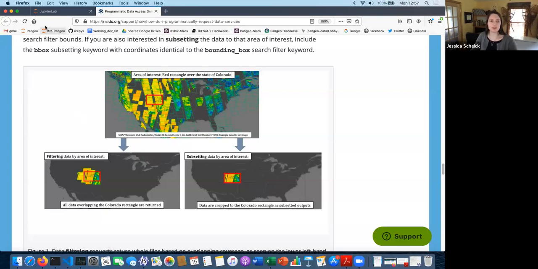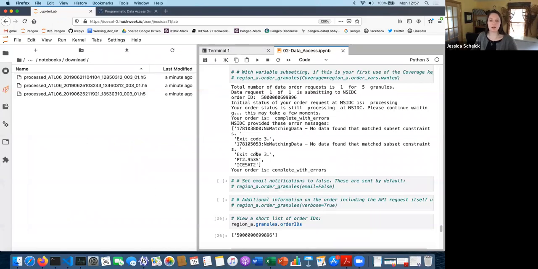And so that's what's happening here. This no matching data error is going to show up for those granules that don't have data, but that doesn't mean that you don't have data that's been ordered. And this is something that is very confusing, and something that NSIDC is working on, how to make some of these messages a little bit clearer